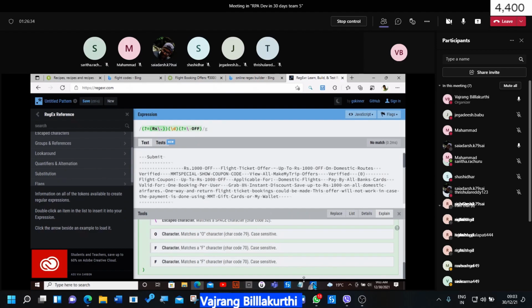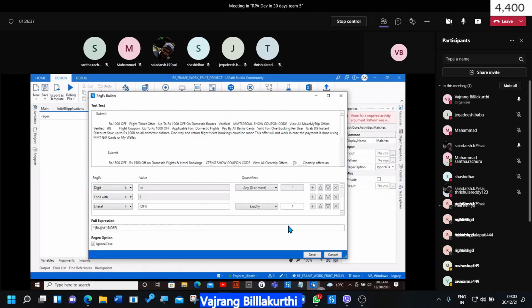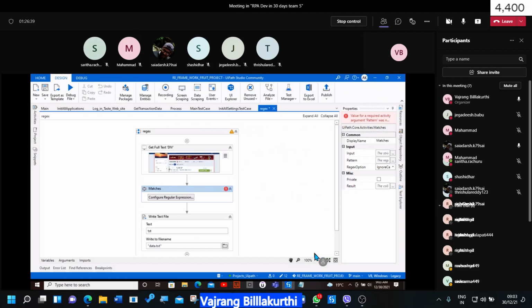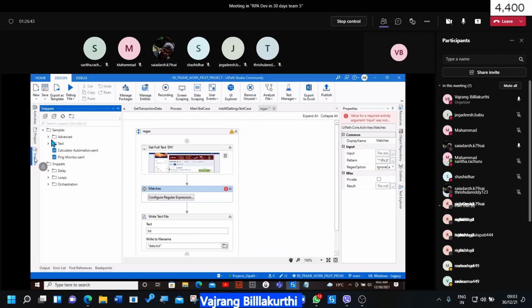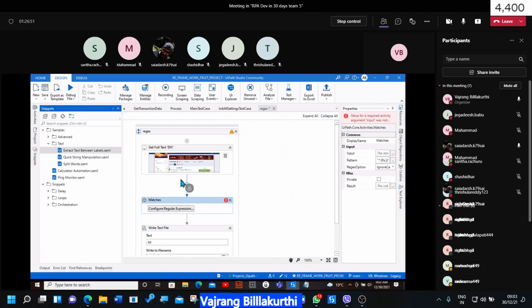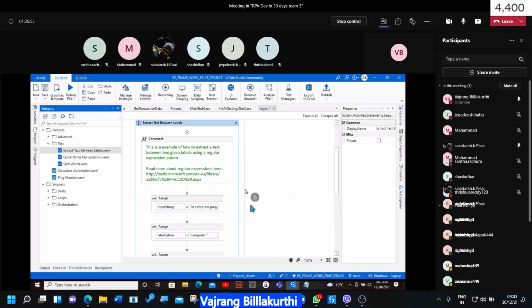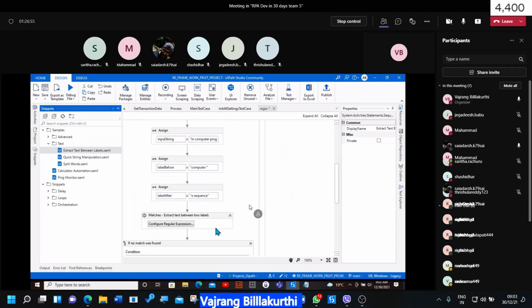There is one thing that we have in here. Click on save. Let's take it from the templates. There are some snippets that I will normally use. In this text, use string manipulation, extract text between the labels. Okay, so here there is some input.